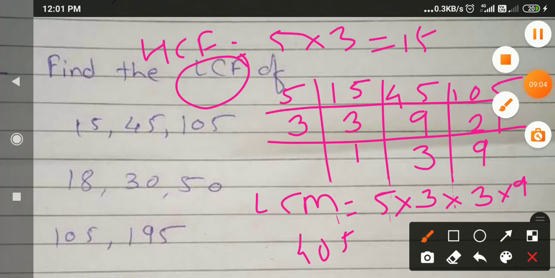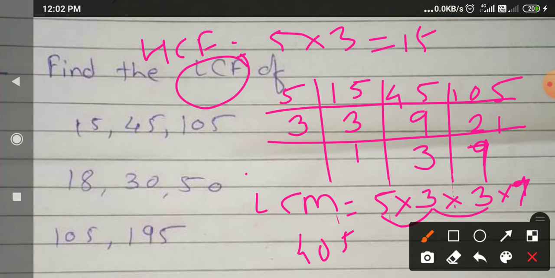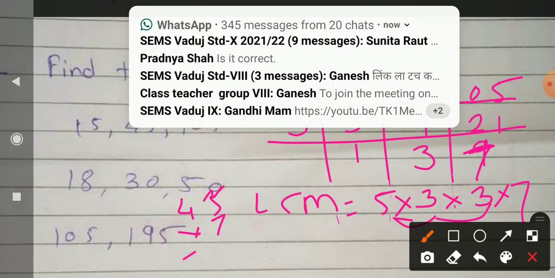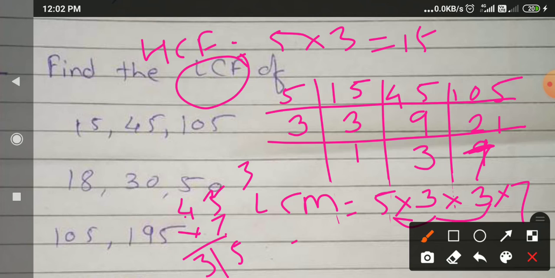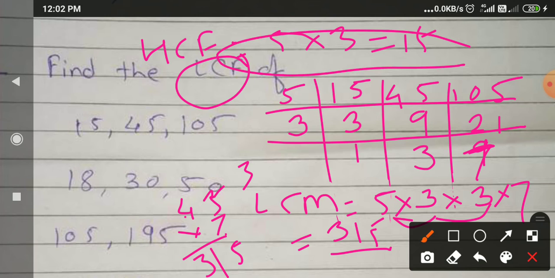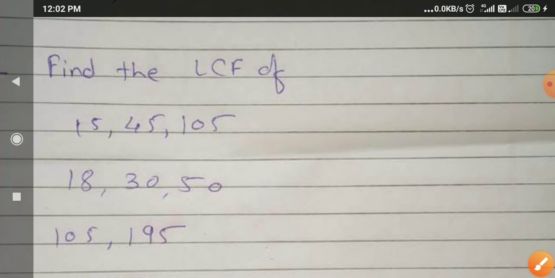Okay, do all of you understand? Sorry, by mistake I wrote 7 here. 3 7s are 21. Yes, so here 7 will come, and if you do the multiplication, 5 3s are 15, 15 3s are 45, and 45 into 7, when you do, you will get the required answer. Wait, I will show you. So 7 5s are 35, 7 4s are 28, so 315 is the answer for this. Means LCM of these numbers is equal to 315 and HCF is equal to 15. In this way you have to solve the example.